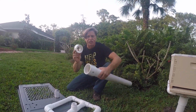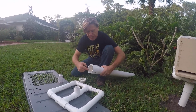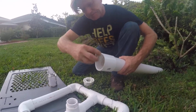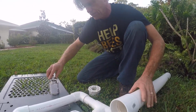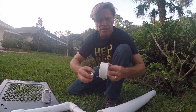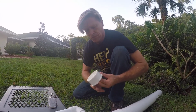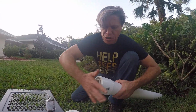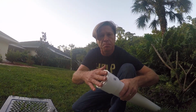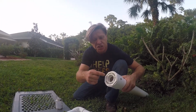Now we're ready for our reducer. The reducer goes inside the coupling. So we're going to need glue on both sides, glue in the coupling, glue on the outside of the reducer, and then these 2, make sure they push all the way together, nice and tight. Make sure this doesn't pop out, that glue's set up, and now we can have a fitting to glue our